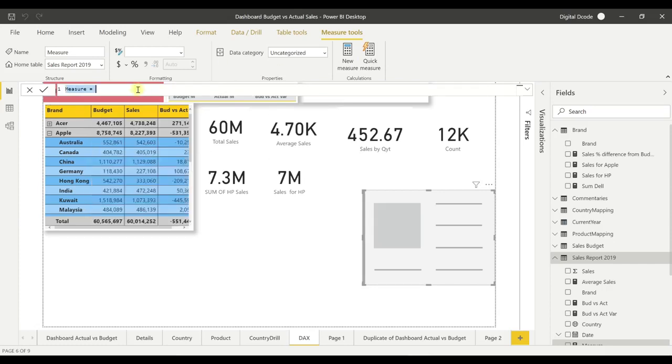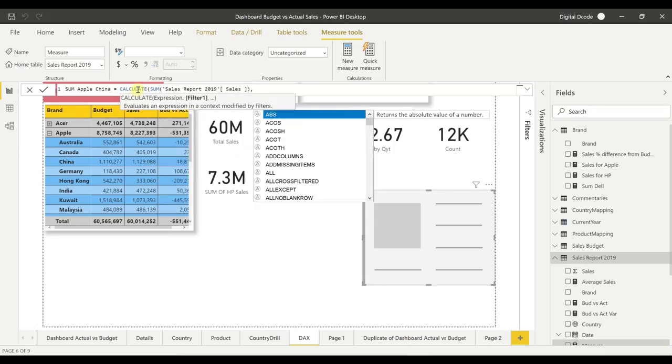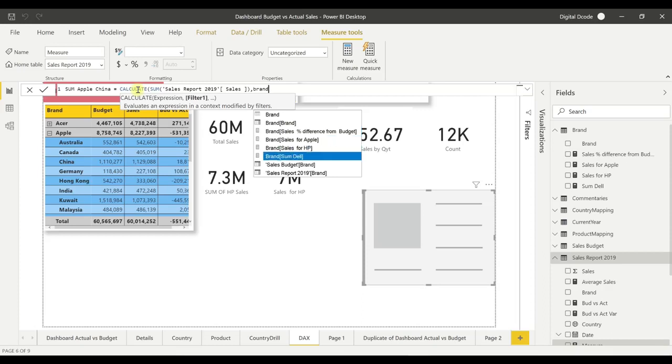So this is going to be Apple China sum. This is what I want. Equal calculate. Since I need the total sale of Apple and China, let me take the sum of total sales from sales report, close the bracket, comma, filter. The first filter is brand. So brand from sales report, brand equal Apple,